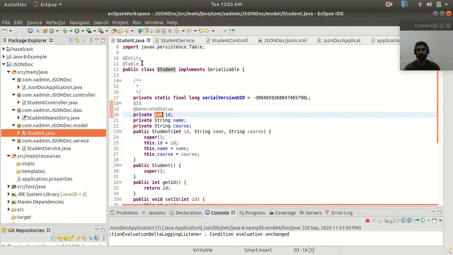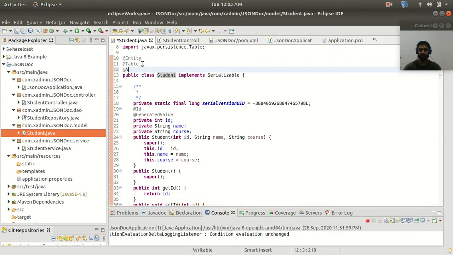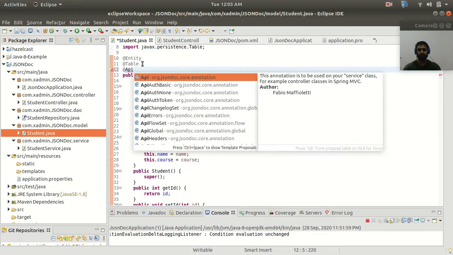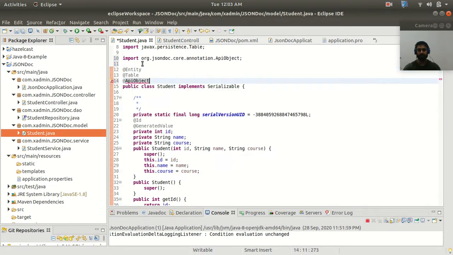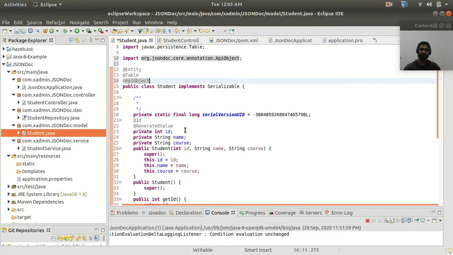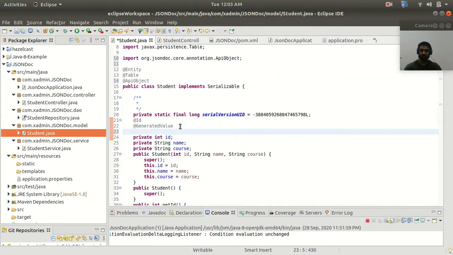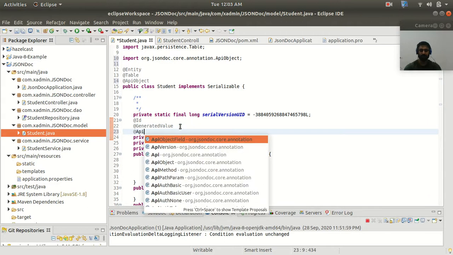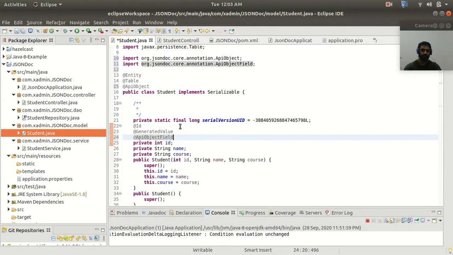So here we have to annotate this with the API object, I guess. Yeah, API object annotation. And then in the same way you can provide the description annotation for, like we have an API object field for the attributes or the field. So in the same way you can provide the name.